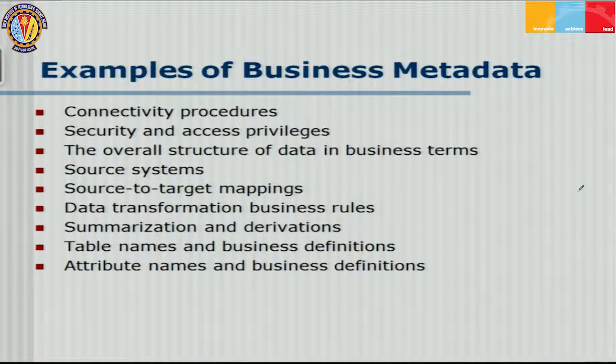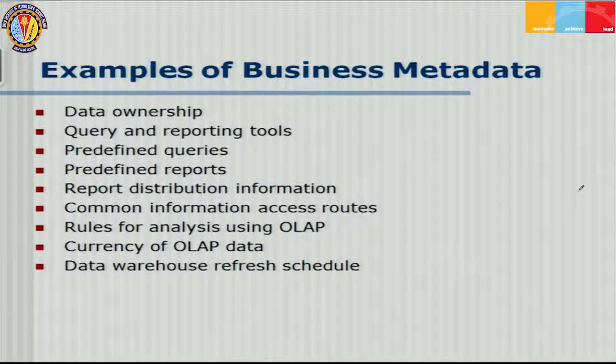Examples of business metadata could talk about connectivity procedures, like if your database server is somewhere else, how do you connect to that? Security and access privileges, the overall structure of data in business terms, source systems, source to target mappings, data transformation business rules, summarizations and derivations, table names and business definitions, attribute names and business definitions. So all these are part of business metadata, and there are some other details also that are captured: data ownership,